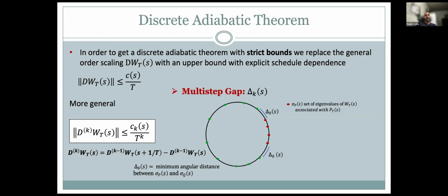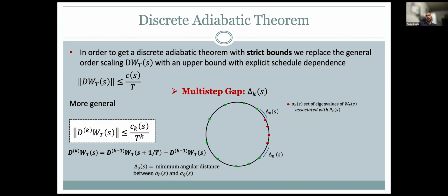So it's a discrete approximation, a discretization of the derivative of such an operator. And here, in terms of the gap, you have to think about everything on the unit circle. The eigenvalues are spread around this unit circle, and the gap is now the arc distance between the set of eigenvalues that are of interest and the others that are not. In particular, for instance, if you are interested in the red one, you have this arc distance to the remainder of the eigenvalues.